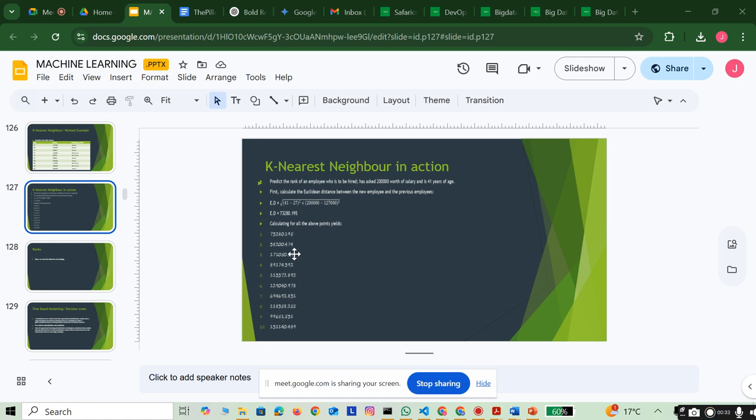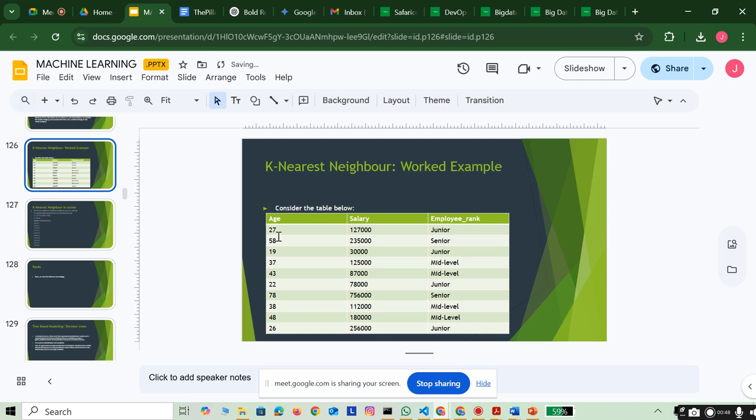The smallest distance there will be, if we look at that, 64,16, that is 694,38,200. So when you go back there, that is the second one, senior. So the nearest neighbor, when k is equals to 1, that is why the rank of k is equals to 1. When k is equals to 1, the k nearest neighbor will actually predict that this guy will be a